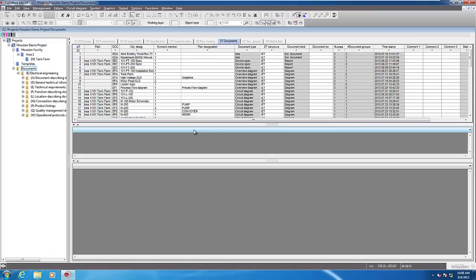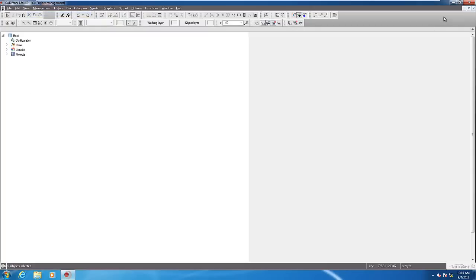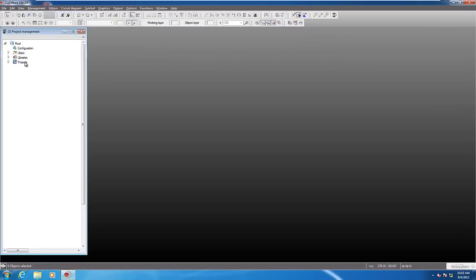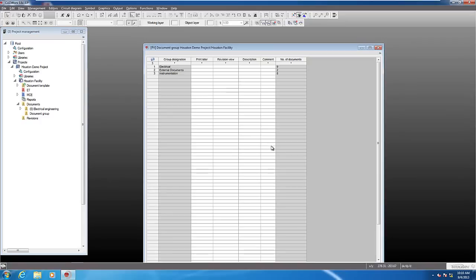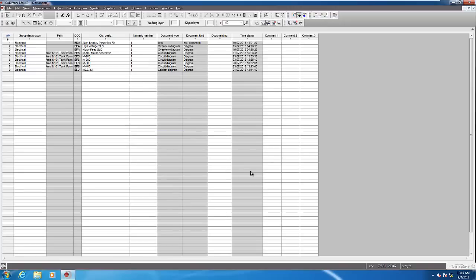Now the ability to take documents out in the field is invaluable, particularly now that we have solutions as mobile devices. If we take a look at using document groups, and I've created 3 groups: electrical, instrumentation, external documents. We first open up the electrical document group. You can see the documents available,